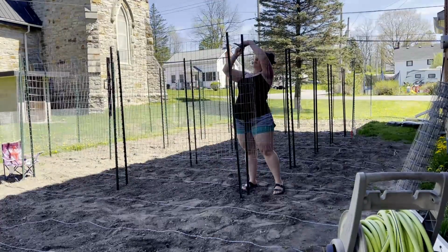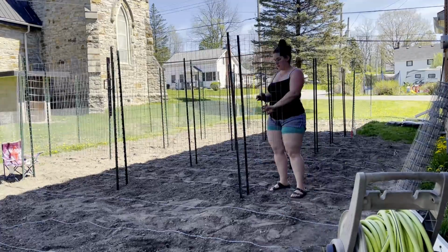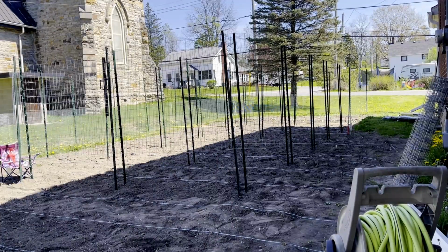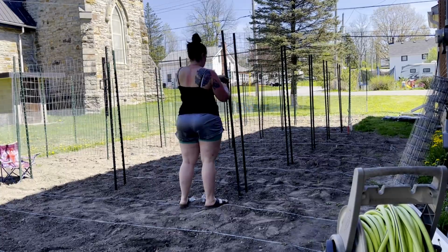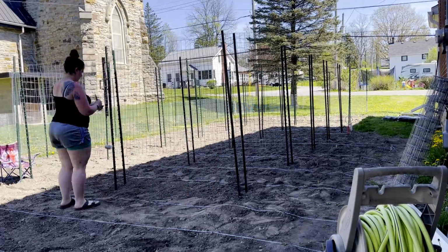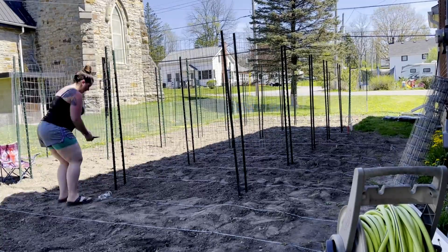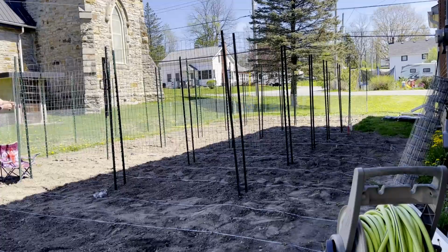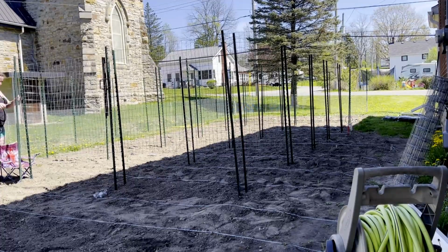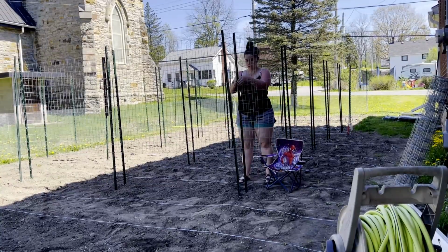And then what I'm doing is using just wire instead of any special clips or anything. It was really cheap, like $2 for this big 165-foot roll of, I want to say, 19 or 16 gauge wire. The wire itself was thicker than the fence, or maybe about the same thickness as this fence. And I just tied it around on either side of the T-post,